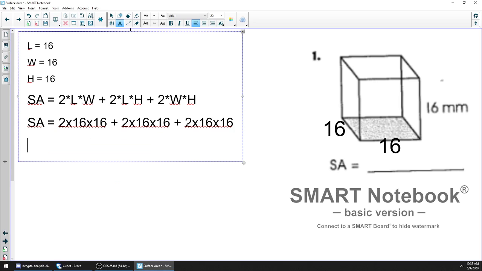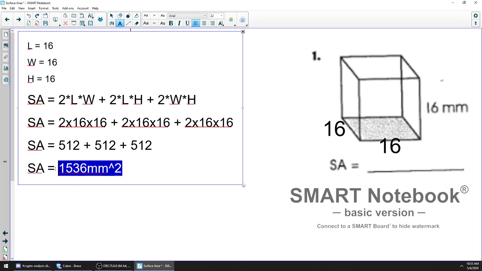I plugged it in. Now I just do the math. 2 times 16 times 16. What would I get? 512. 512 for each. What do I do now? I do the operation of addition. So add these numbers up, and what do I get? 1,536 millimeters